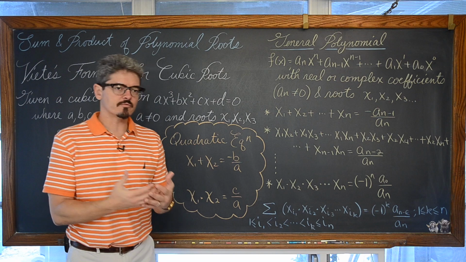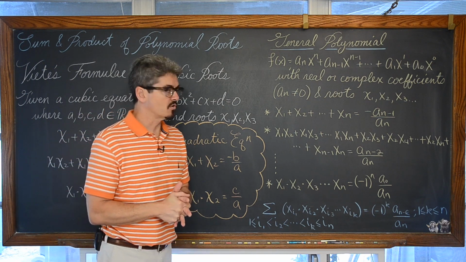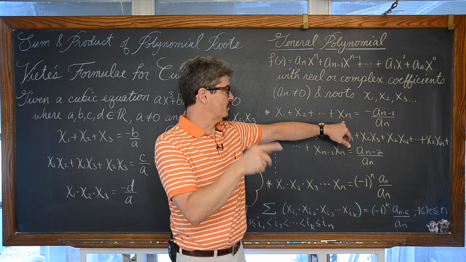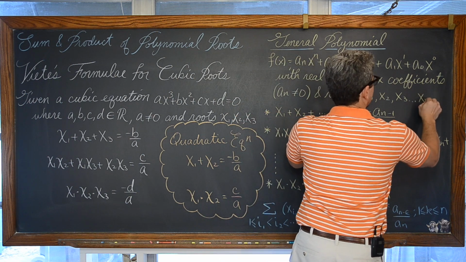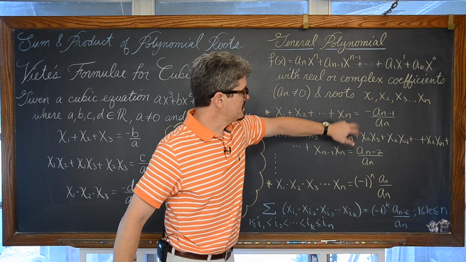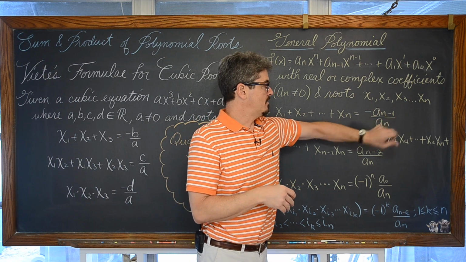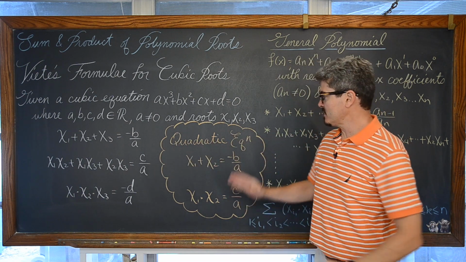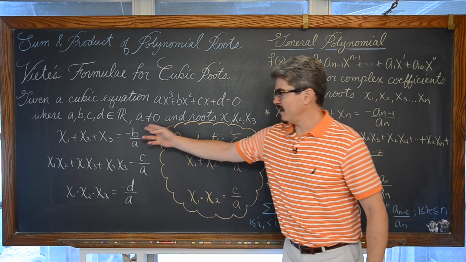You have the same number of roots in a polynomial as you have the degree. So the sum of our roots, x sub 1 plus x sub 2 dot dot dot up to x sub n, is equal to the opposite of a sub n minus 1 over a sub n. That can be seen here with our specific formulas for quadratics and cubics, that we have the same ratio, the opposite of b over a, the opposite of b over a.